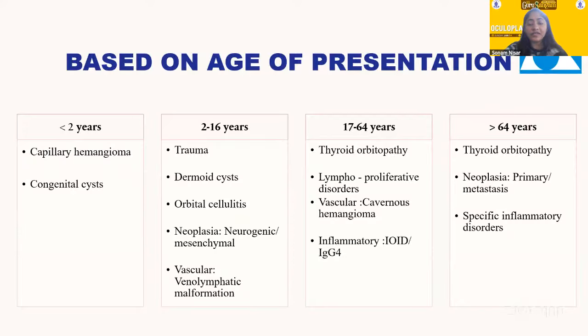Between 17 to 64 years of age, generally you see more of thyroid orbitopathies, you see lymphoproliferative lesions. You might have a slow-growing cavernous hemangioma or schwannomas. Inflammatory lesions, if they are associated with pain, you can have IOID or IgG4 orbital diseases. And more than 64 years, generally we look at any kind of a malignancy in general, besides all the other